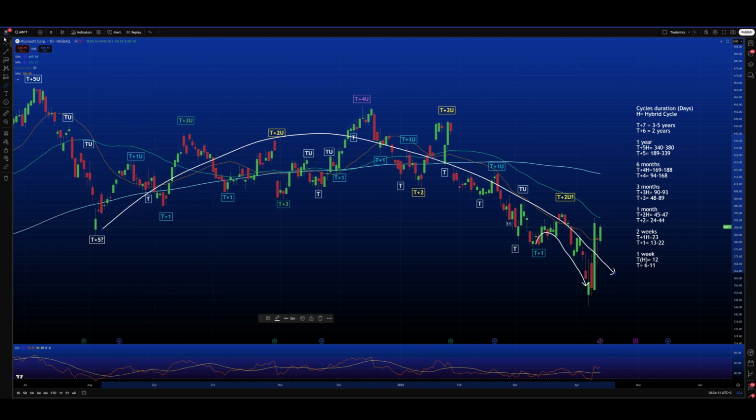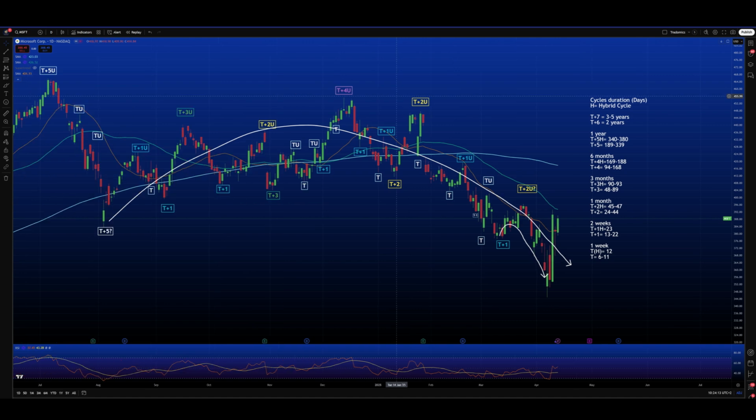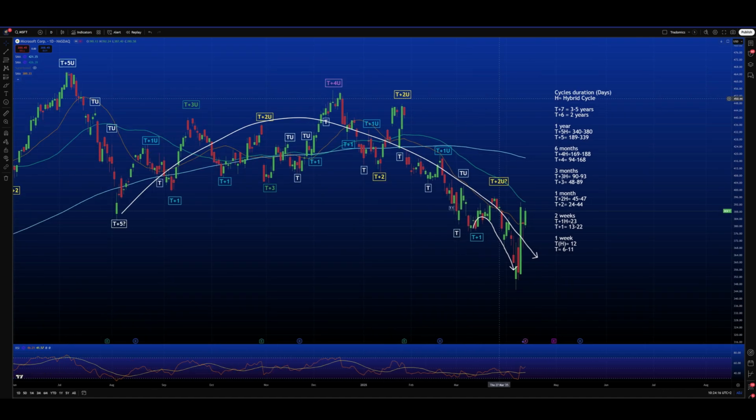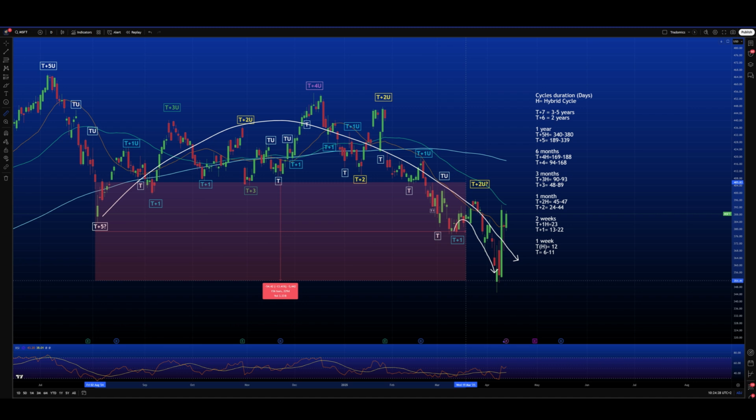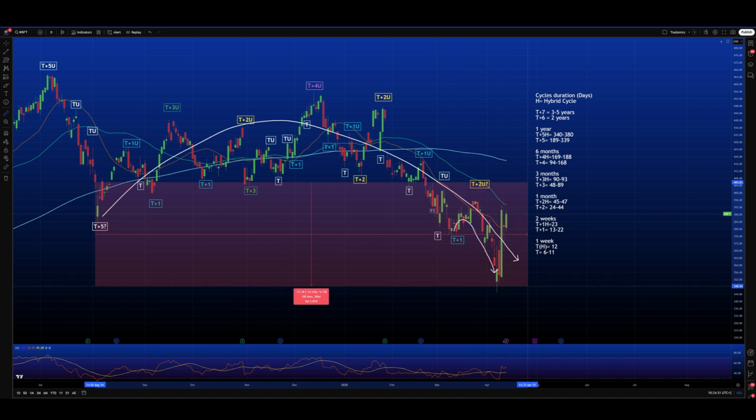Now the question, as for an analysis that I did last week about the indexes, is: how long can Microsoft continue to fall? Considering that here we potentially have a high likelihood that this yearly cycle is negative, the answer is that we can continue falling until the minimum duration of a T plus 5 cycle. And the minimum duration of a T plus 5 cycle on the stocks is 189 bars. So we can continue falling until the 6th of May 2025, at least.